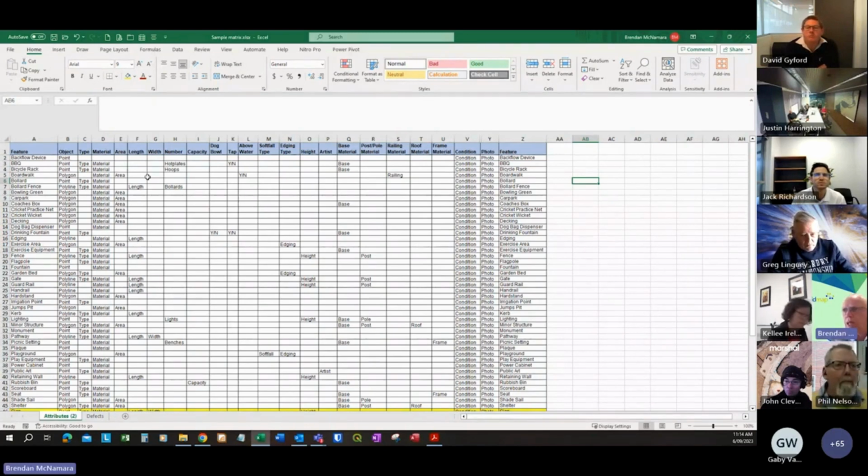Other things need to know how many. So how many hot plates are on a barbecue? How many hoops in a bicycle rack? Or how many benches on a picnic setting? These type of things. Capacity, what's the capacity of a bin or a